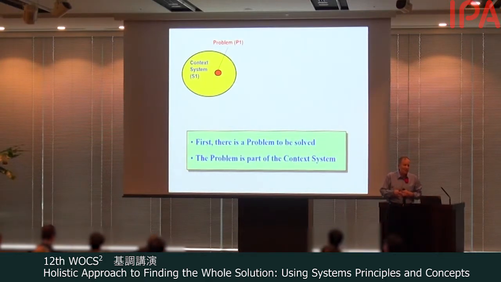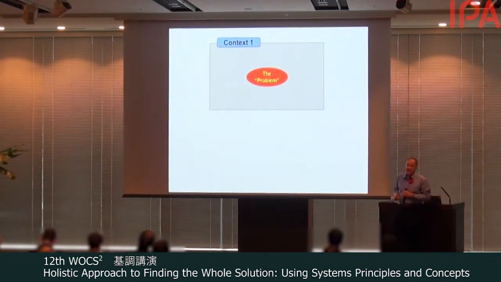So we look at the problem, but we need to be careful. Don't just solve the problem. You may need to solve something in the context, because there may be a cause and effect. There may be something causing that problem. So if we just address the problem by itself, we might not address the whole problem. You can think of the context system as really the whole problem, not just the visible problem. It's like an iceberg. The tip of the iceberg is above water, and that's what we see. But the whole problem may be underwater. The whole problem may be bigger than just what we see.